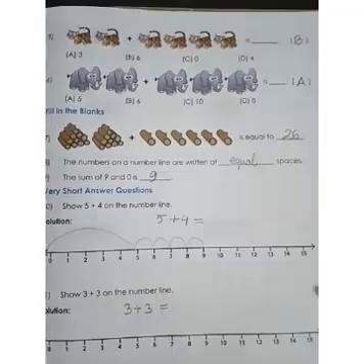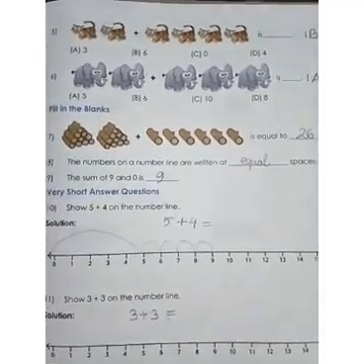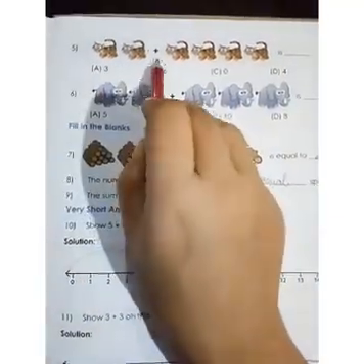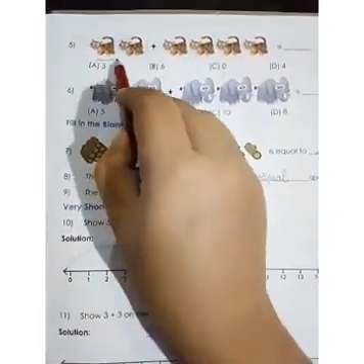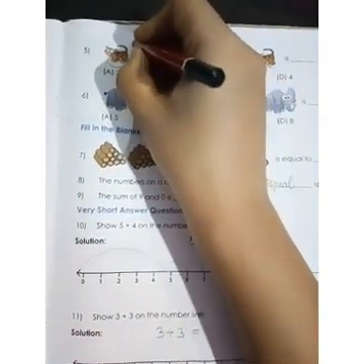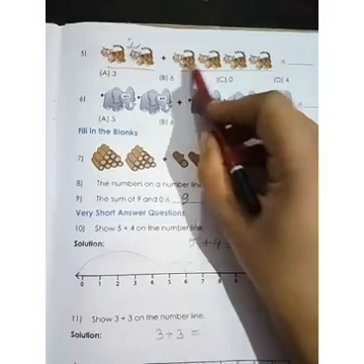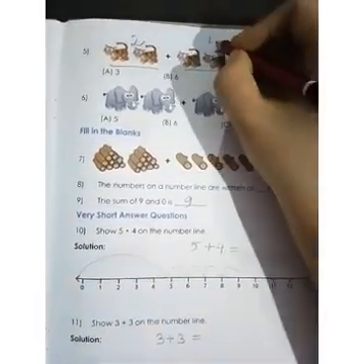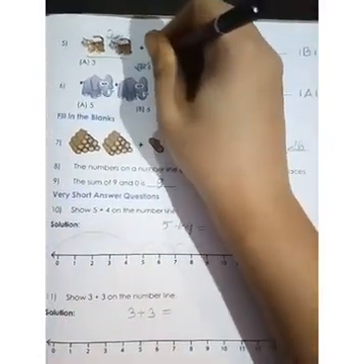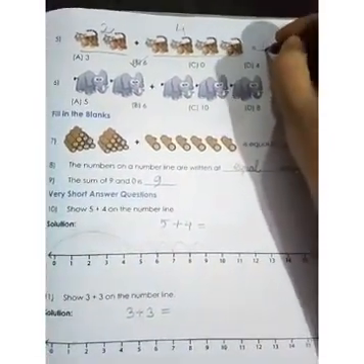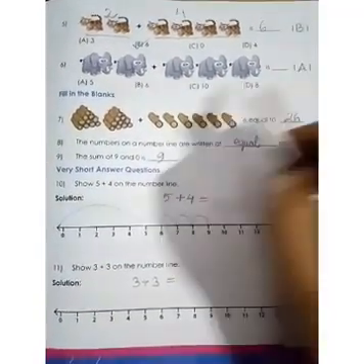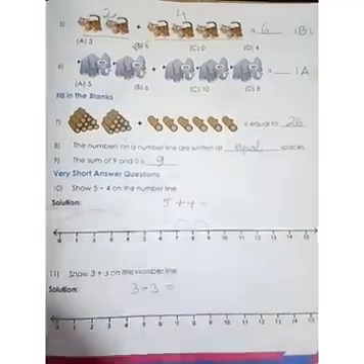Question number 5. There are tigers. Okay, so we have to count how many are there in the first. If the plus sign is given, that means this is one set and this is the second set. So here the number is 2, and here 1, 2, 3, 4. 4. So 2 plus 4, what is the answer? 6. So it is the B here. So you can write 6. Similarly, question number 6 you have to do in this way. The answer is A.